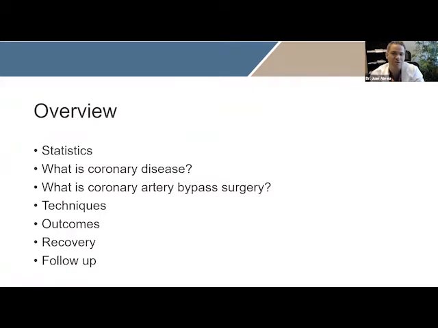So I kind of wanted to give a little bit of an overview of what we're going to do today, and just going to go over some data, like statistics and some epidemiology. And also going to explain to you what is coronary disease, because that is the main reason why all this is done, all right? And also then we're going to talk about what exactly coronary artery bypass surgery is, and what techniques we have available to perform this operation. There's many ways to do it. There's many ways to arrange the configuration. How do we plan for it and all these? And also to identify which patients will benefit from one or other intervention, right? Because sometimes the surgery is not suitable for everyone.